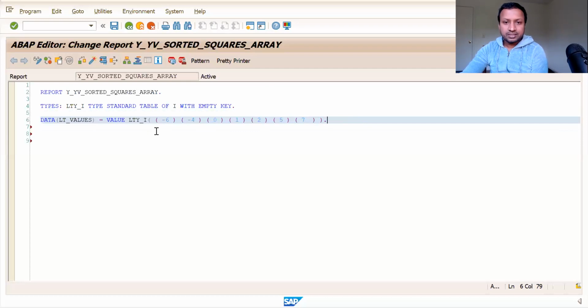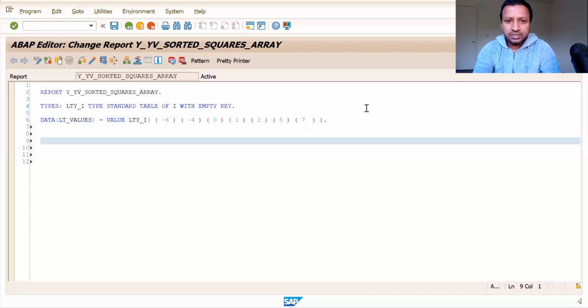Take two indices: one comes from the beginning, the second comes from the ending. You compare the absolute values of both, and whichever is greater, just put it in the beginning. Whichever is smaller, just move it next. Just compare these two. This is greater, put it in the beginning, and then compare it with this one. This is greater, I mean, the absolute value of -6 is greater. Then come here and go ahead in the same fashion. So let us code it right away. We shall see how it looks.